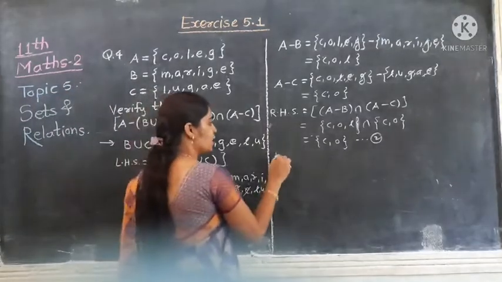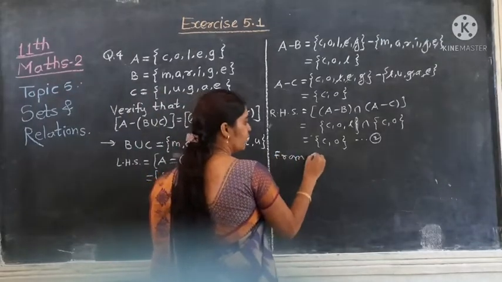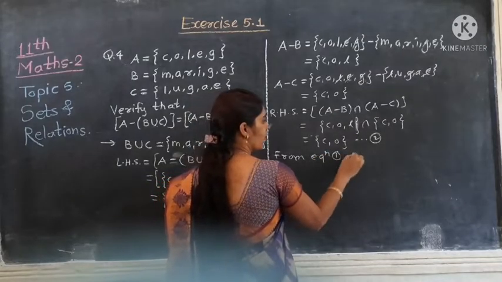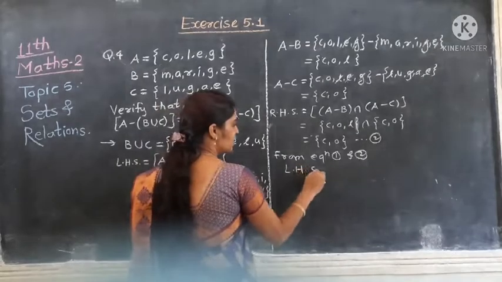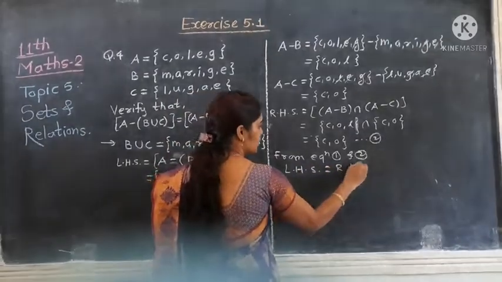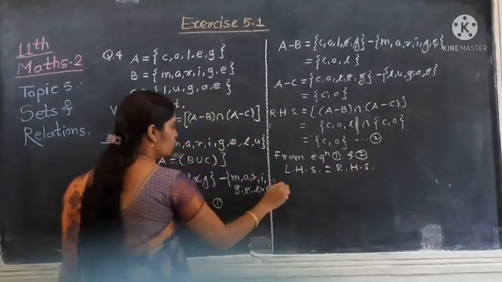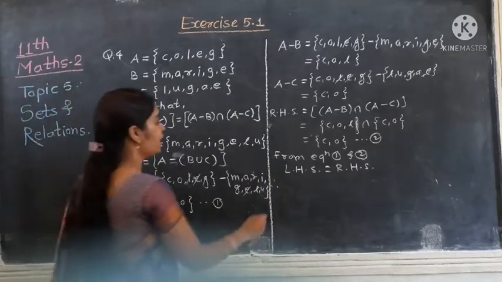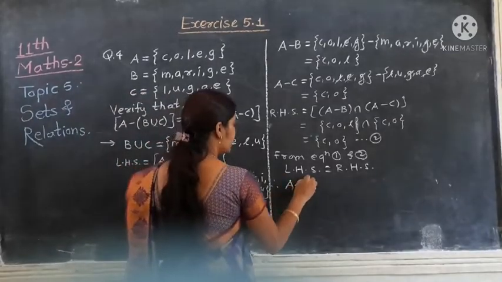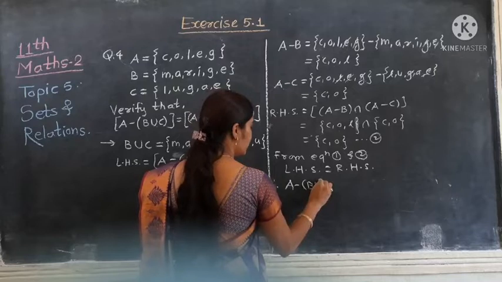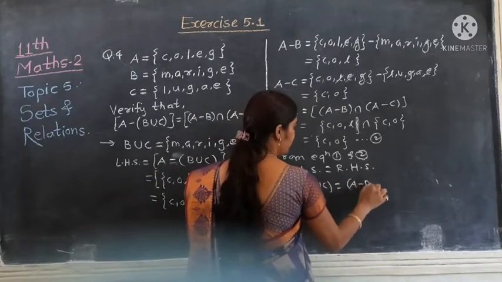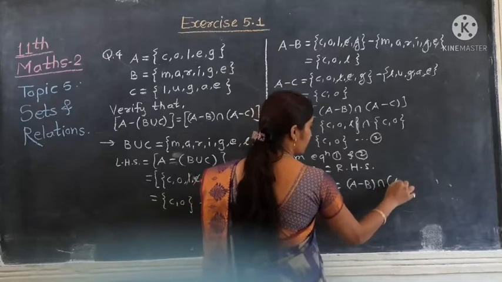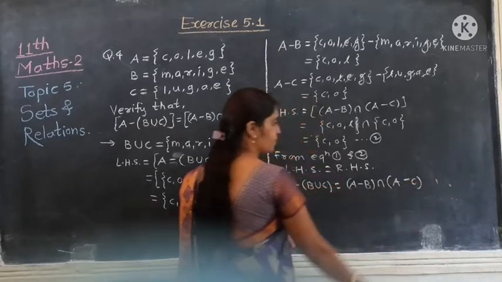From equation 1 and 2, we observe that LHS is equal to RHS. That is, we verify that A minus B union C is equal to A minus B intersection A minus C,